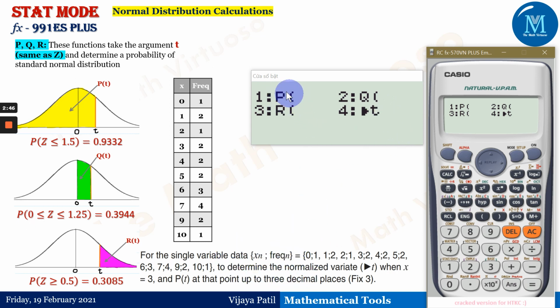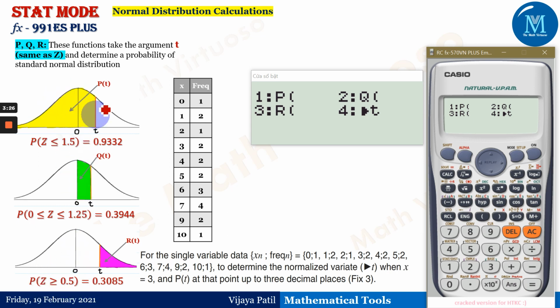Let me take this P, Q, R. What do P, Q, R mean? As I have told you, P stands for the probabilities which are less than or equals to, Z less than or equals to. Then Q is the probability between 0 and the point towards the positive. Obviously, this is what the statistical table gives me, and the same values we will get from the calculator. Only you have to take care about your signs: probability of Z less than or equals to, probability of 0 less than Z less than the point, and probability of Z greater than or equals to the point. So we have to take care of these things.